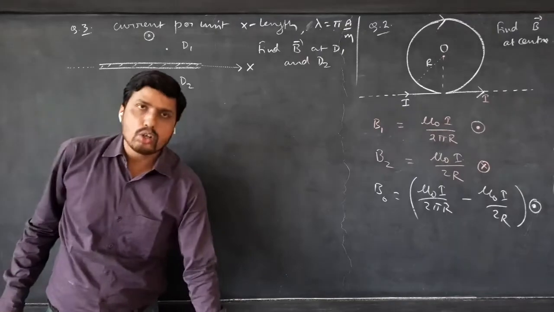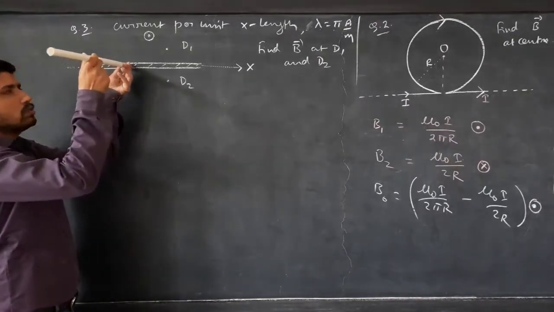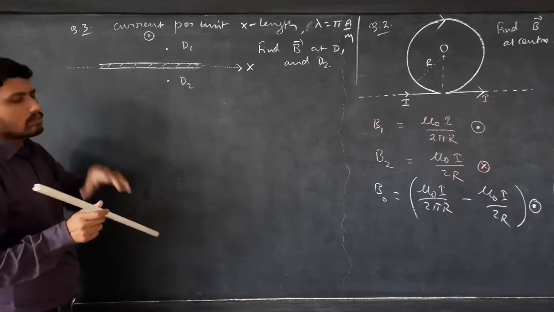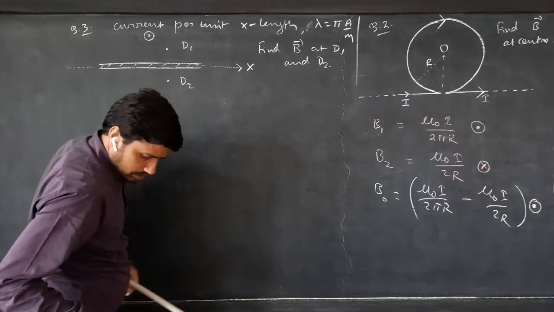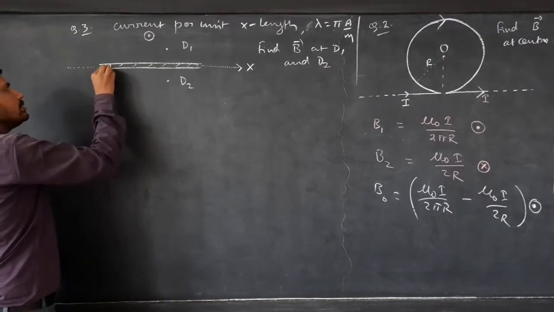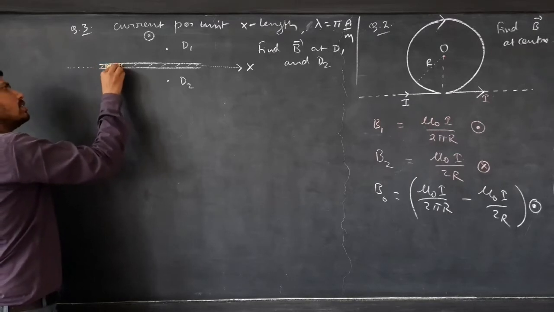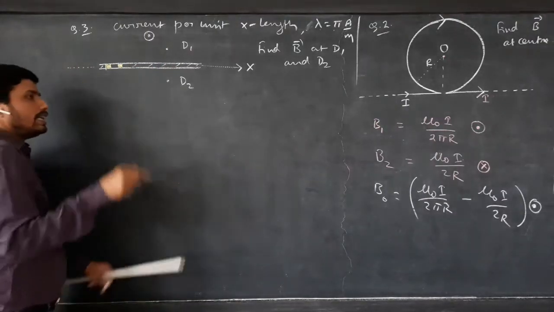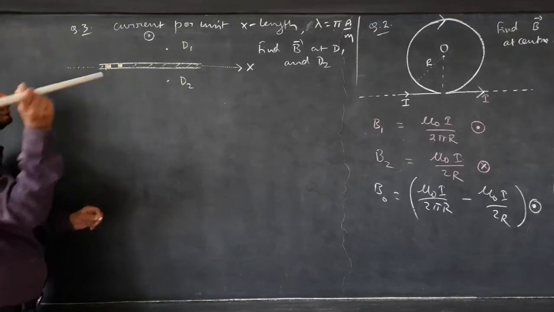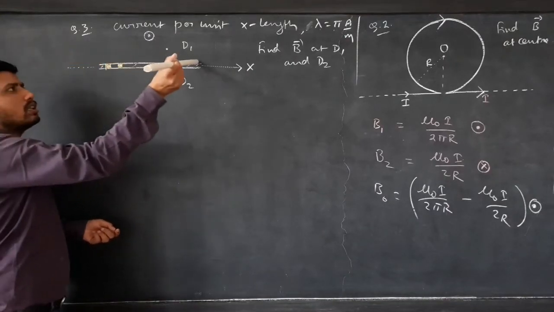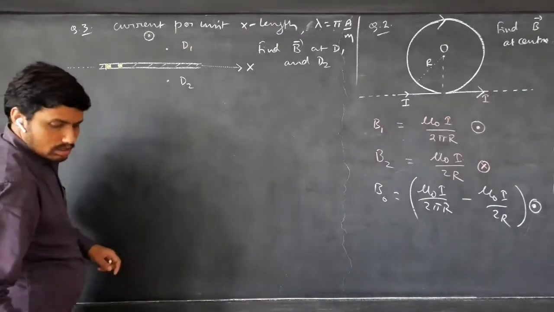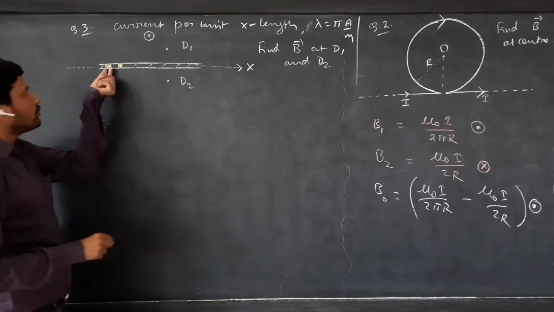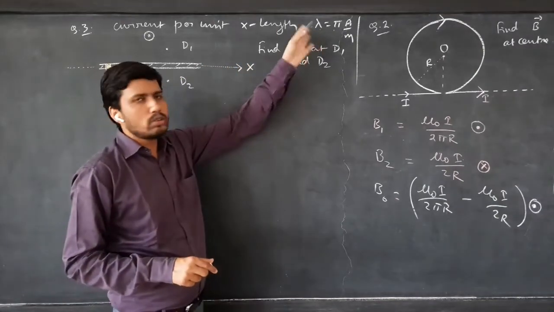First of all, see the direction of current. Since it is out of the board, like so. What we will do, we will divide this entire sheet into thin strips. Suppose I take a strip here, then I'll take a strip here. Then likewise, I can draw many very thin strips. In each strip, the direction of current will be perpendicular to the plane of board. Current will be coming like this. And how much will be the current? If you choose this strip of thickness dx, current will be lambda into dx. Okay.